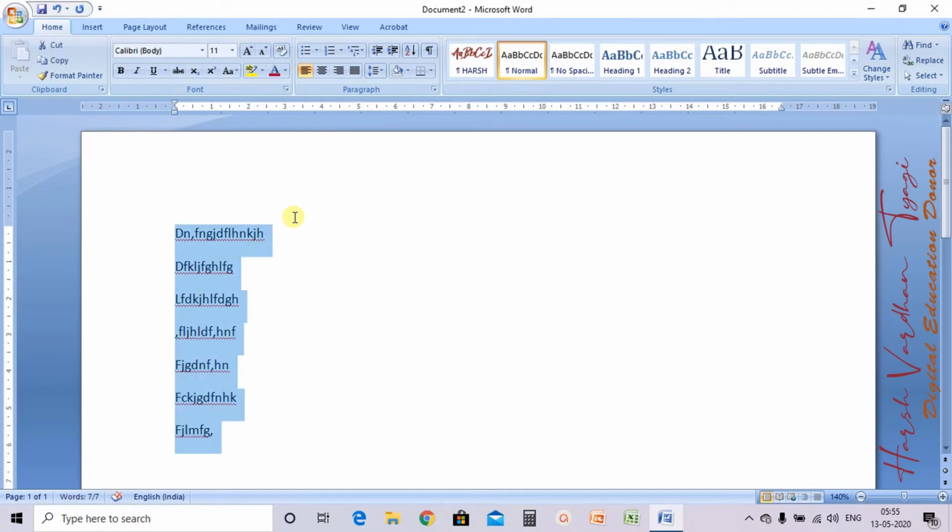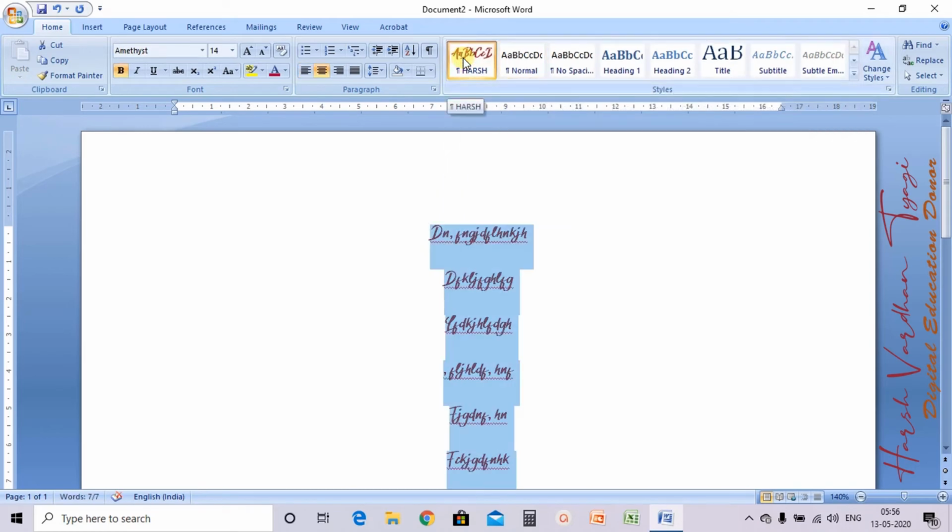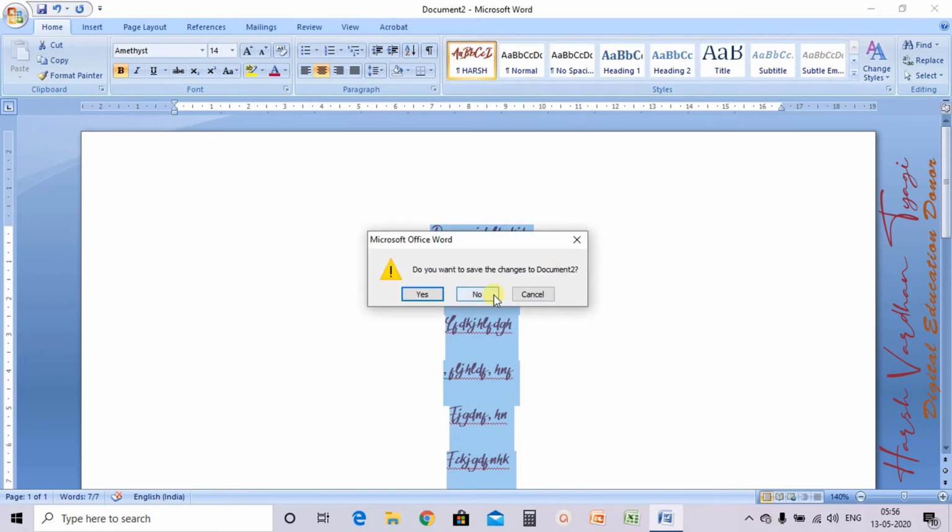Select this particular piece of text you have typed and go to the style group. Now see the first one, your style is appearing here. So this is how you can create your own style with whatever formatting you want, and then you can apply it later on every document you are creating. A new document you are creating, you can use the same style. I think this is clear to you all how you can create your own style. Again, I am giving you an example.